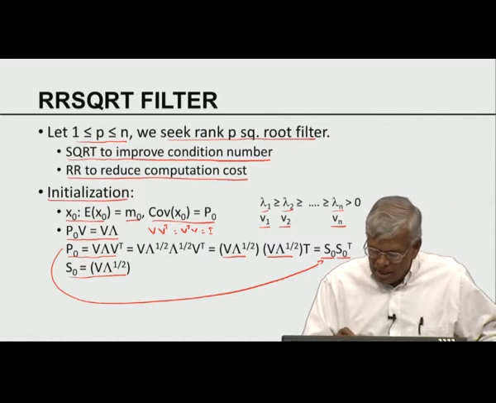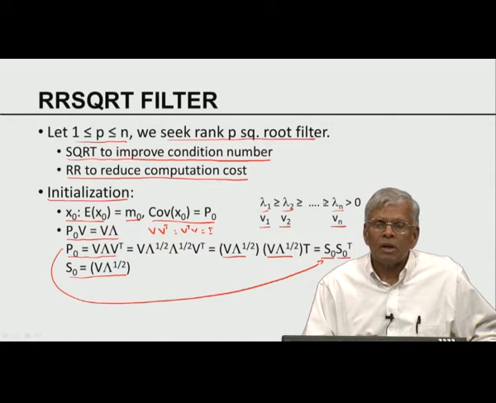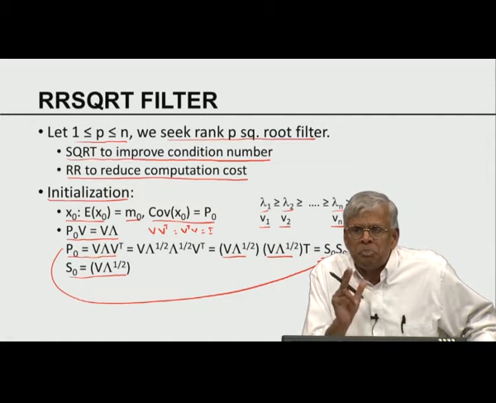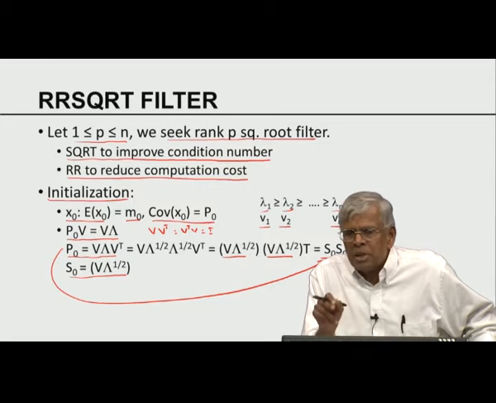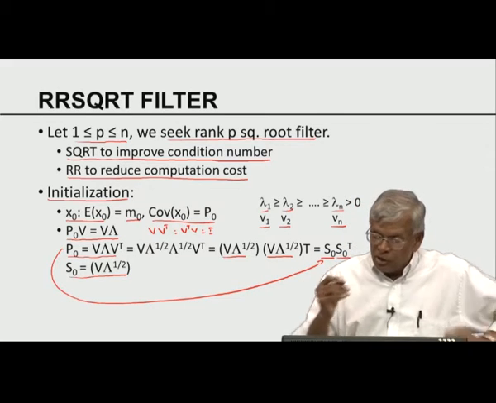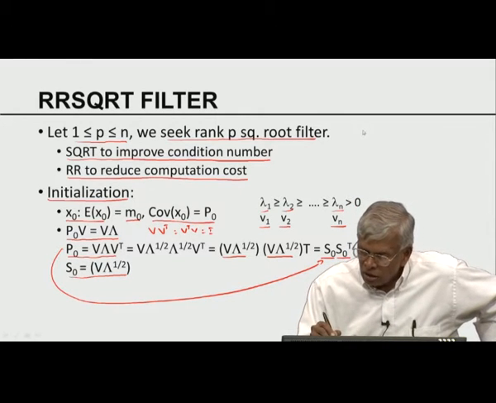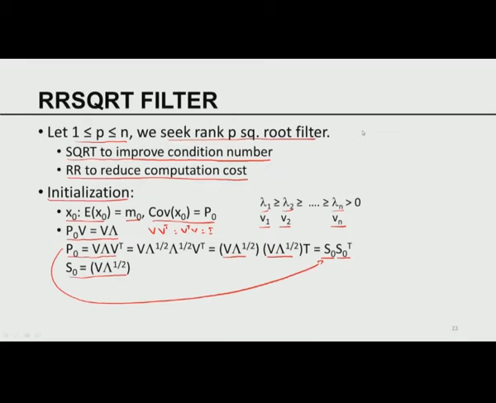We have ordered the eigenvalues in decreasing order. So let us pick the top P eigenvalues and corresponding top P eigenvectors V1 to Vp, lambda 1 to lambda p. Why is that? We have already alluded to this, I will say it again. If P is a covariance matrix, trace of P is equal to the total variance in all the components, and the total variance is summation lambda i, i equal to 1 to n.